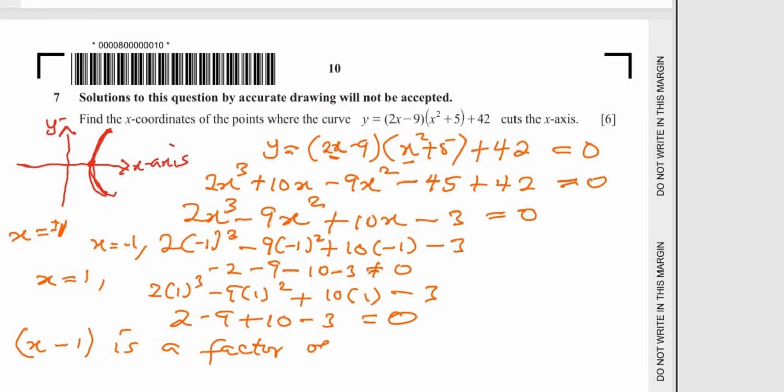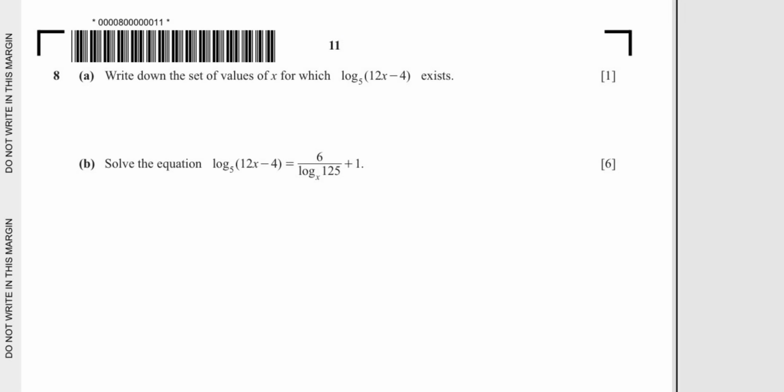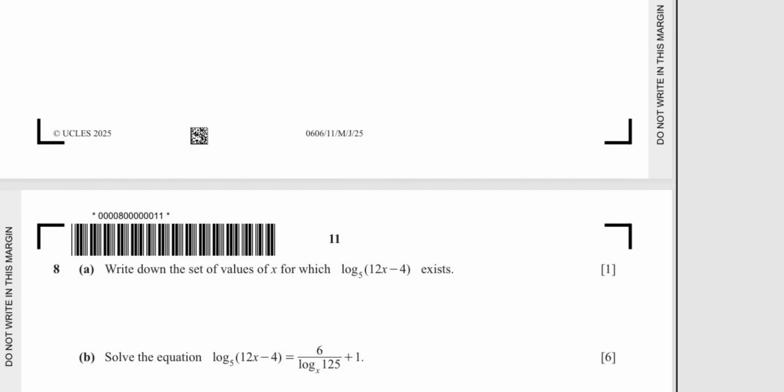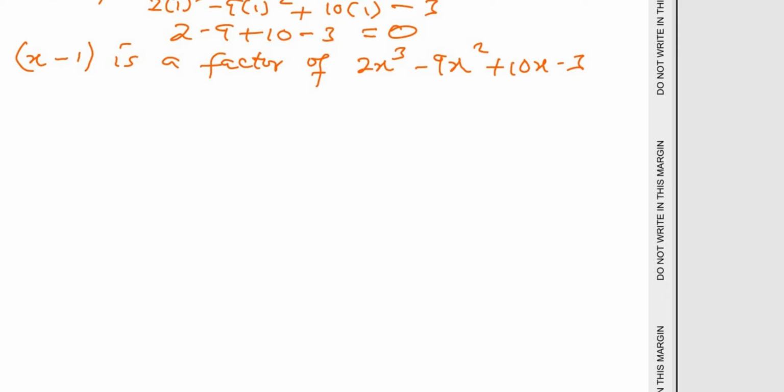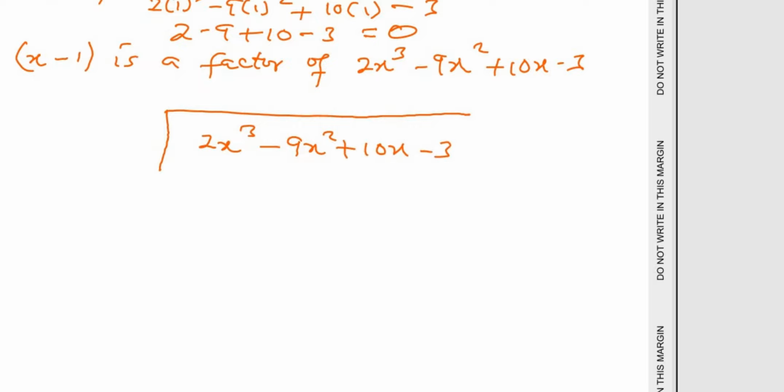It's a factor of 2x raised to power 3 minus 9x squared plus 10x minus 3. So if this is a factor, using the long division method, I can use that factor to divide by putting this inside: 2x raised to power 3 minus 9x squared plus 10x minus 3, where I use the factor x